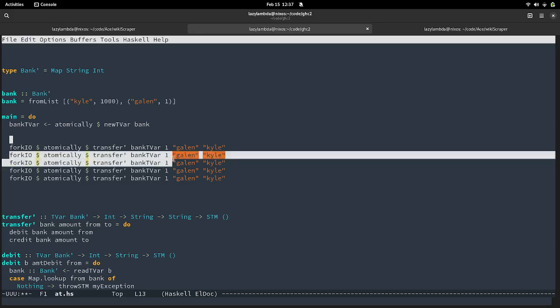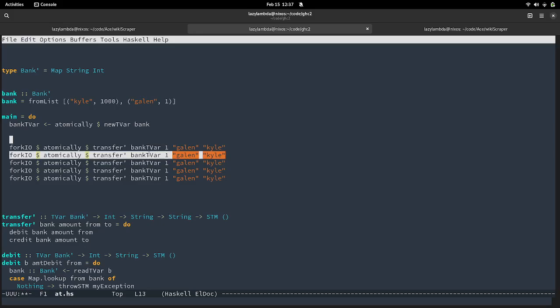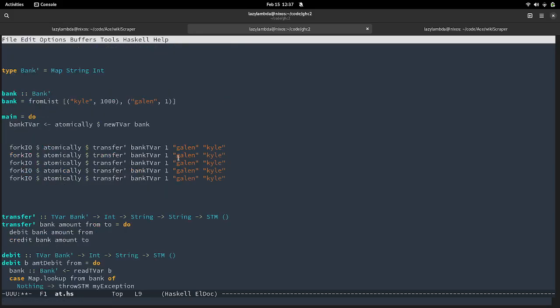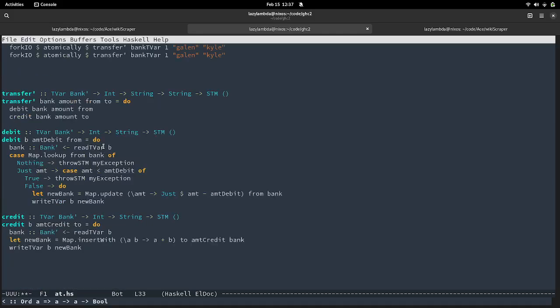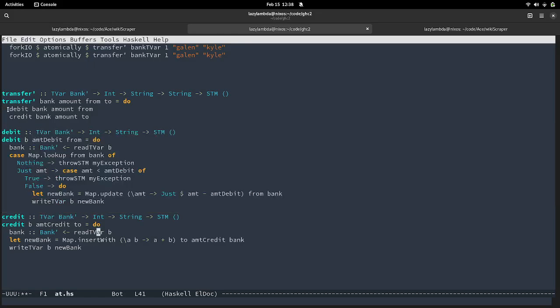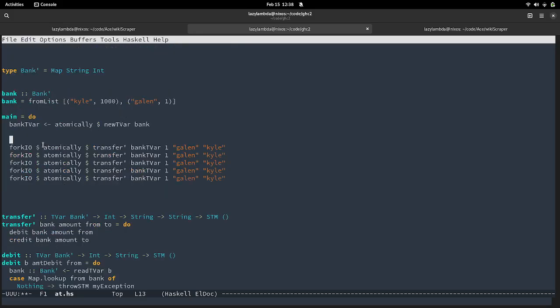So then this will run, and it will try to do the exact same thing that I just did, with the state that I have left, right? So I've left a new state, and now it's going to start with that new state, sequentially about that state, even though it's a multi-threaded program. And it's going to, again, do the exact same check. It's going to see, can I debit from Galen's account? And it's going to go, whoa, I cannot do that. Galen has no money. This is not possible. And debit is going to fail. And so credit will also fail because I'm running this atomically.